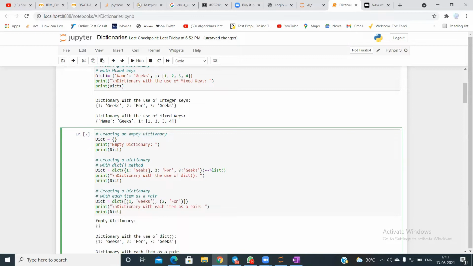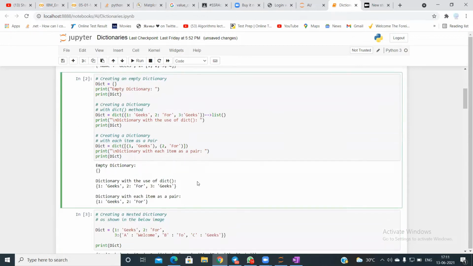The same thing for dictionaries as well. You have an inbuilt keyword called dict. You say dict, and you pass your key value pairs in the form of a dictionary.